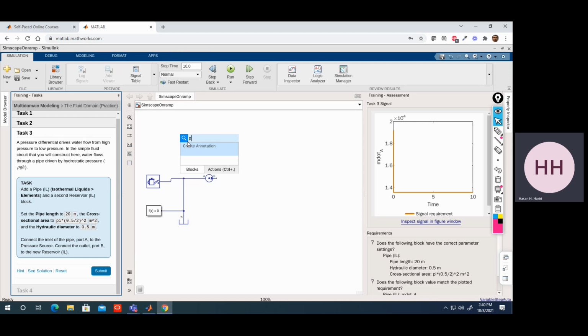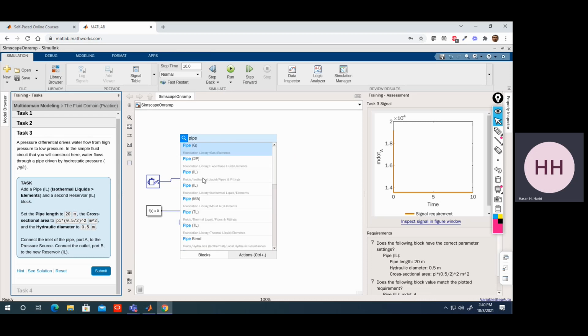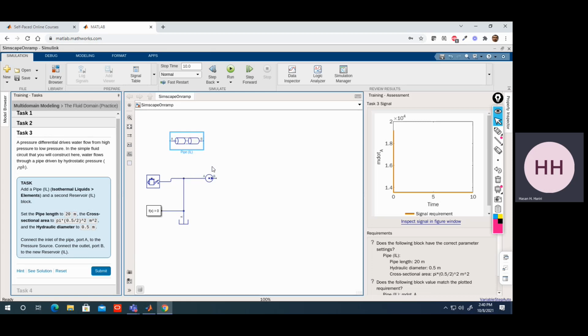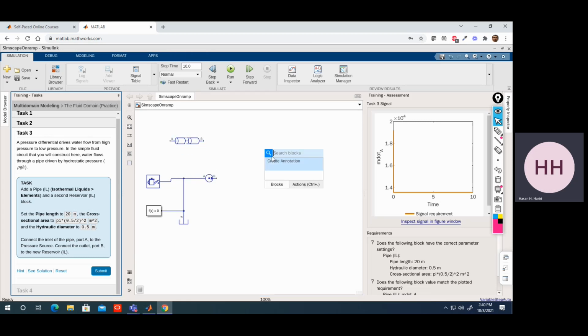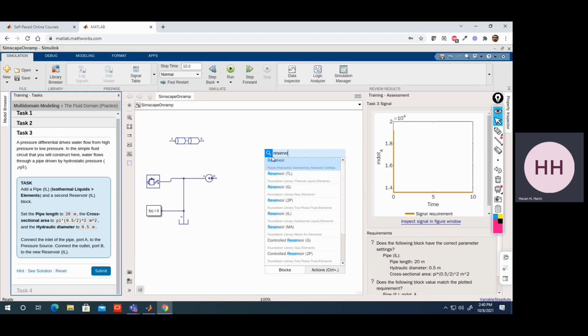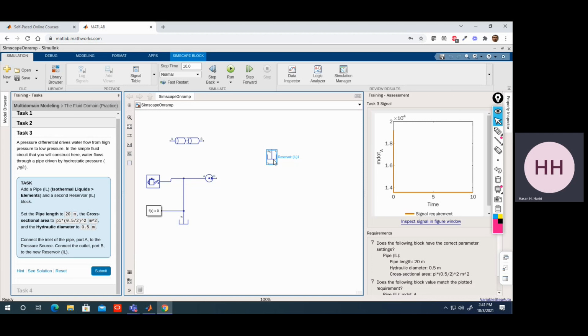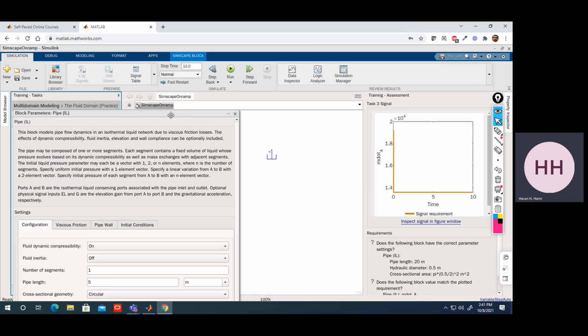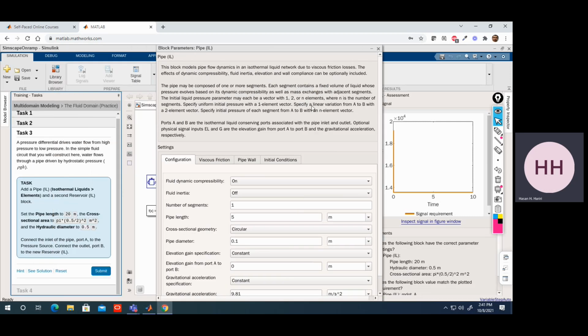Let me add a pipe, isothermal liquid block, and I want to add a second reservoir, isothermal liquid. Good. Set the pipe length to 20 meters. So the pipe length is 20 meters. And the cross-sectional area to